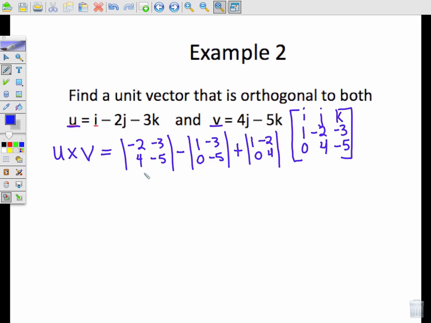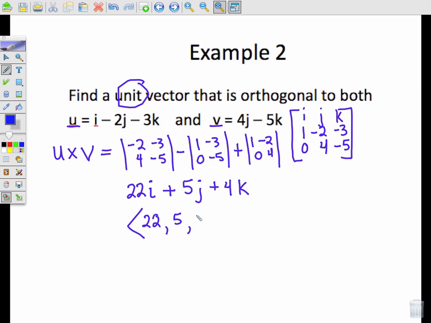So what we've got is, this is 10 minus negative 12, that's 22i. That's negative 5 minus 0, so minus a negative 5 is plus 5j. And here we've got 4 minus 0, so plus 4k. All right, well, this is a vector, but it's not the unit vector. So if we're finding a unit vector, I need to take this vector of 22, 5, and 4, and I need to divide it by its magnitude,